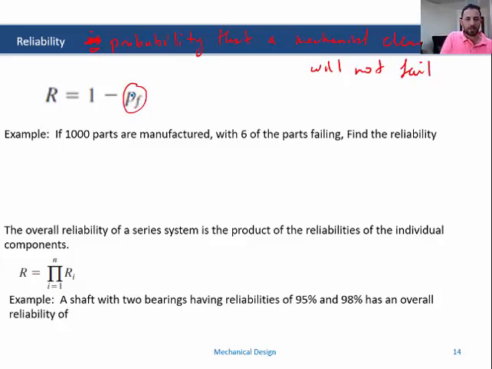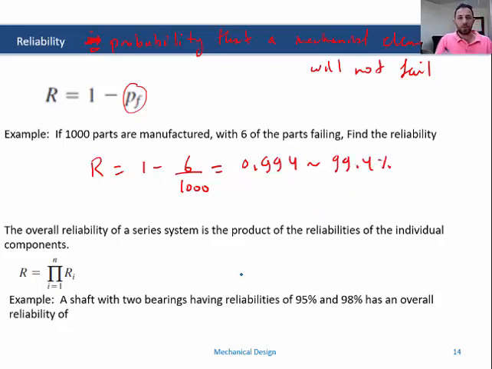So this is the probability of failure. So if we say that a component has a probability of 60% to fail, then it has a 40% not to fail. Okay, this is the reliability. If 1000 parts are manufactured with 6 parts failing, find the reliability. So we know that we have 6 out of 1000 will fail. So it is 1 minus 6 out of 1000 will not fail. Okay, which is equal to 0.994,